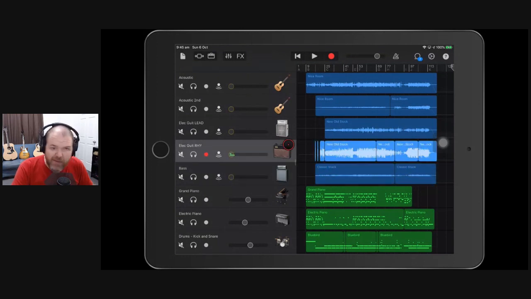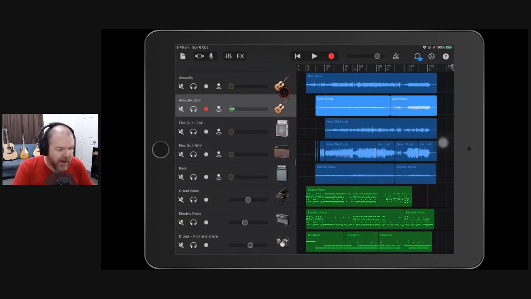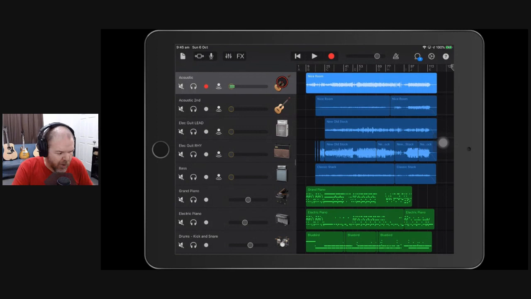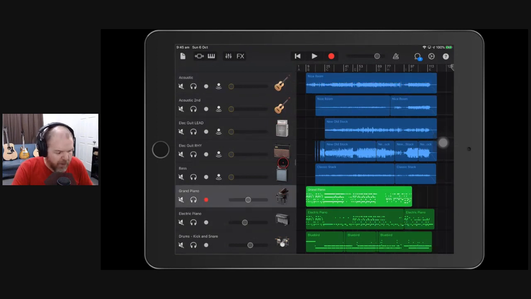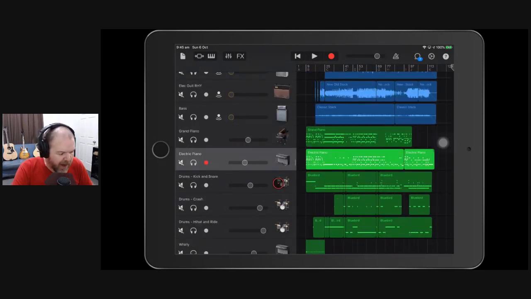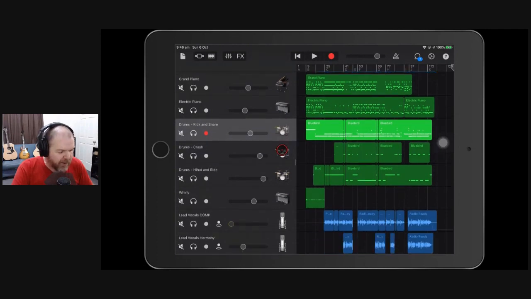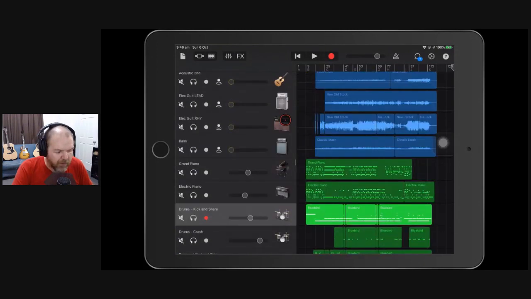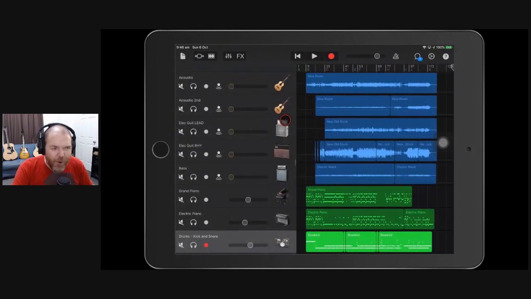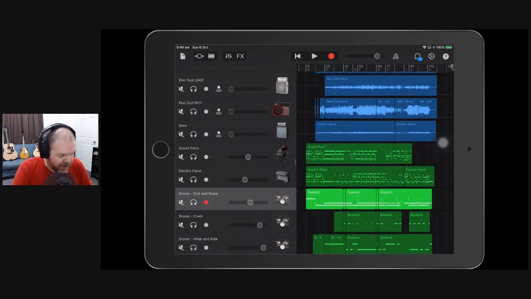Now I can save that then out as a separate GarageBand project, and maybe I'll have a version of that as well, but I know some of you will want to play around with the virtual instruments, so I'll make sure that they're in there. But then when I've got all those WAV files that are nicely centered, that are about the right volume, then I can actually export them as stems. And here's the problem. GarageBand only lets you export one track at a time. So this is going to take me some time, and that's why I didn't want all of those additional vocal